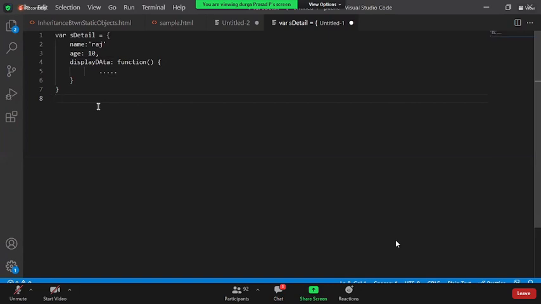The object definition is done. Now I can simply say studentDetails.prototype.showDetails is equal to a function, which is indirectly equal to the show details function like this. You can even do this